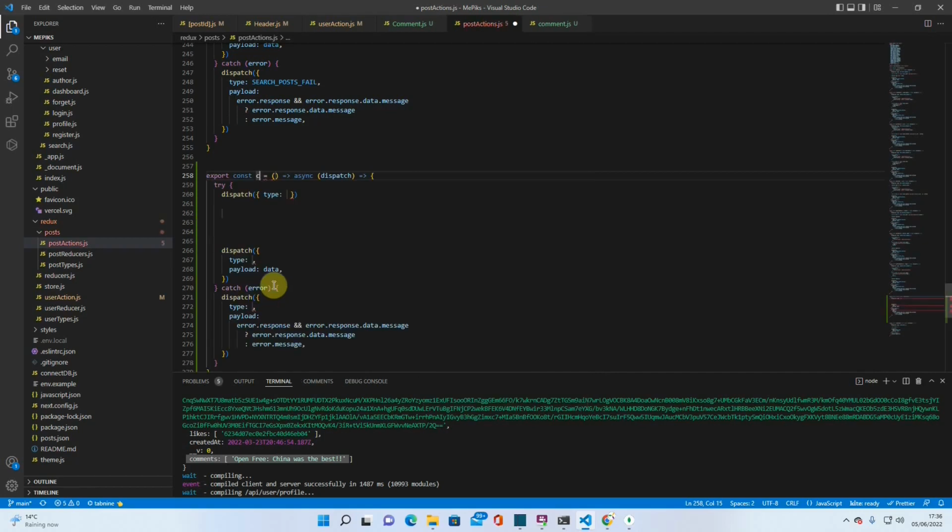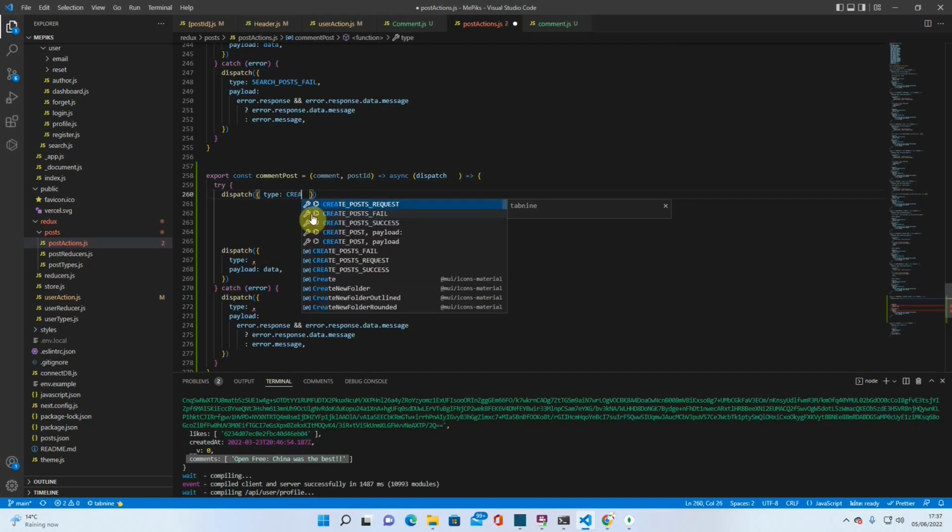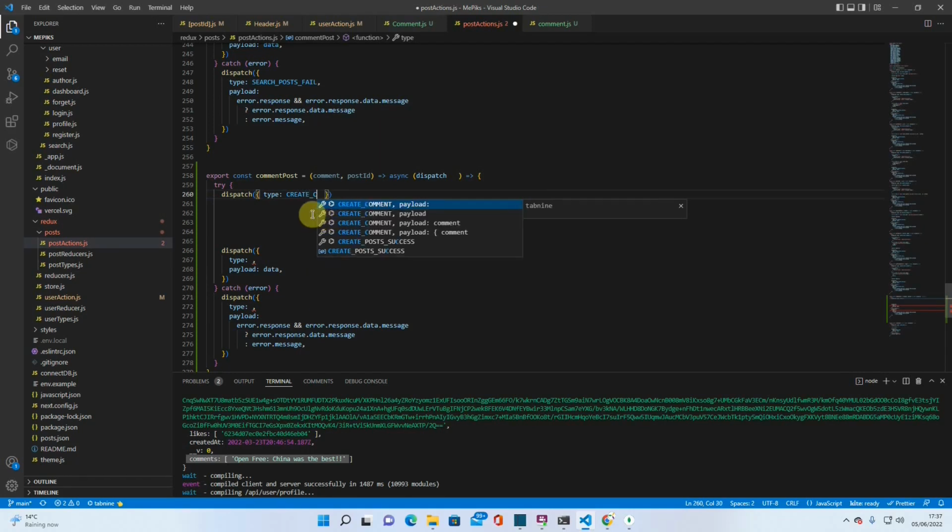This action creator is going to be called comment post, and then it's going to take in a comment, and it's going to take in a post ID, and then it's going to create a create comment request. We need to set up this create comment request,